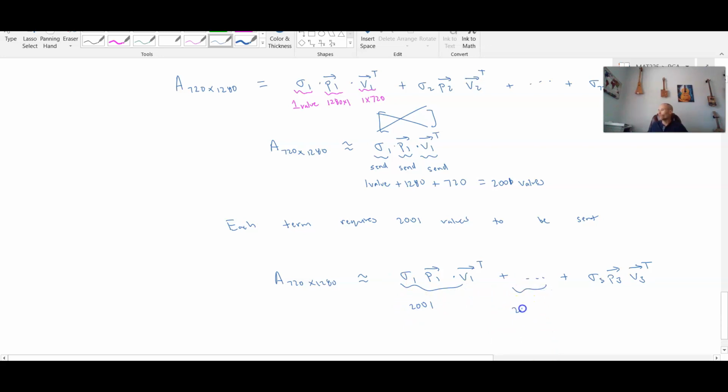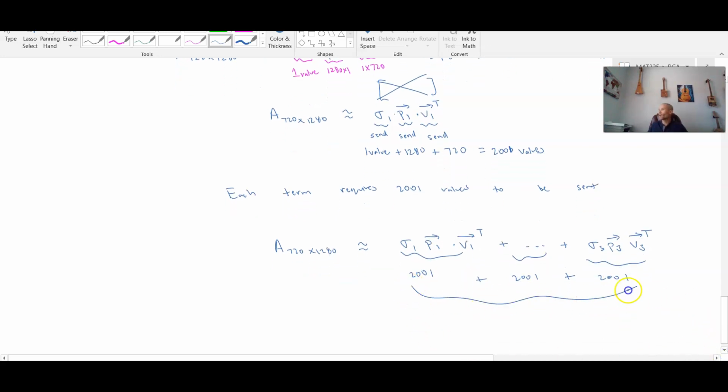The second term will require 2,001 values. And the third term will require 2,001 values. In total that is 6,003 values that need to be sent, and I'm getting a better approximation. So each additional term of this singular value decomposition will only cost me 2,001 more values to send,